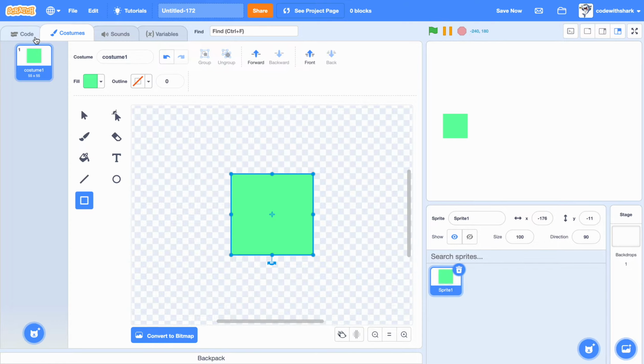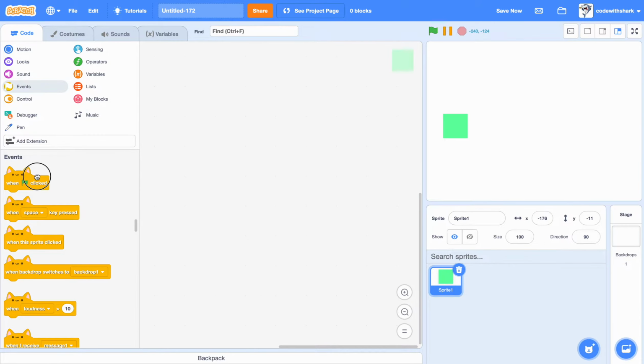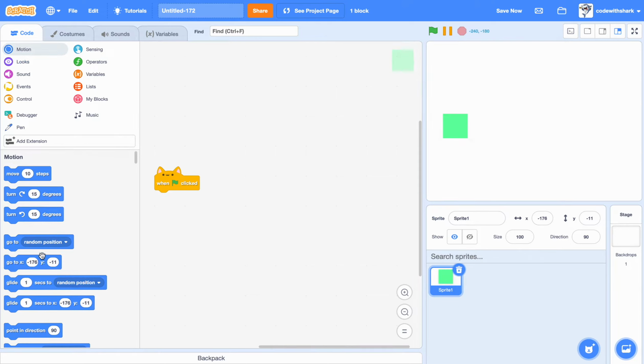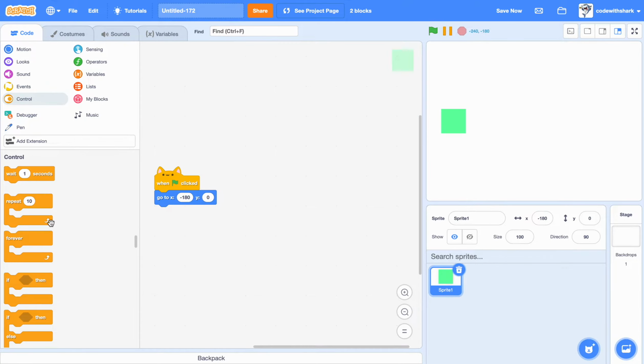So you want X position to be Y0 and X 180, negative 180. Now we need to program our player to go left and right. So forever,